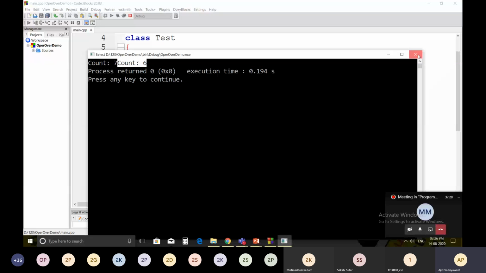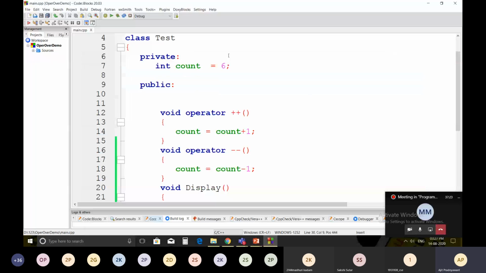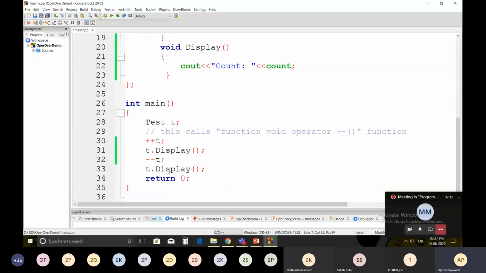Now I'm going to make changes in the code and you have to tell me the value. Suppose I have initialized integer count equal to 10 and I have just written t plus plus.